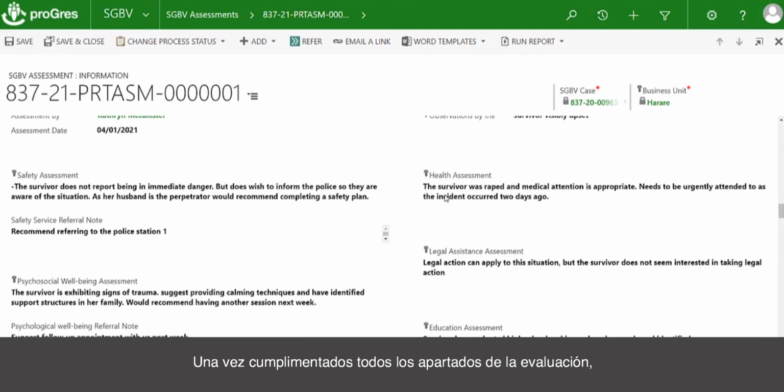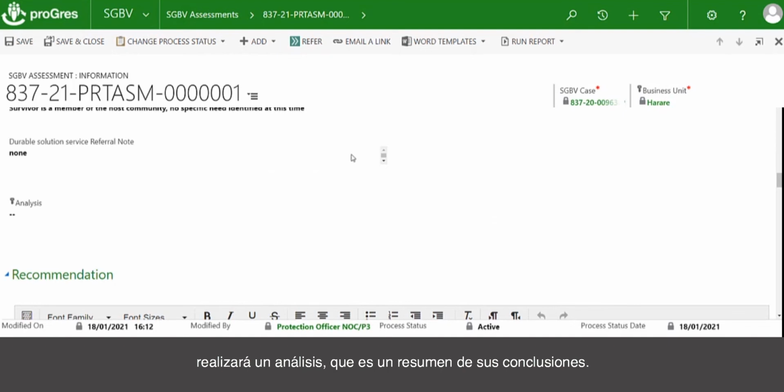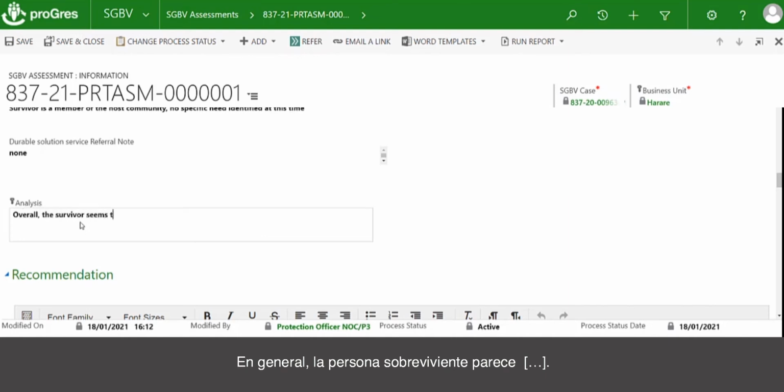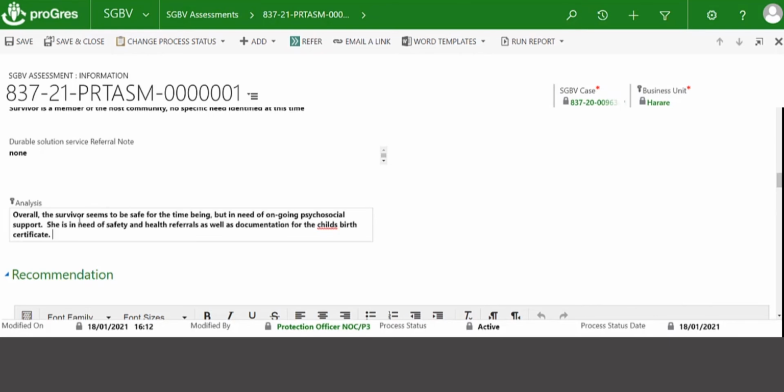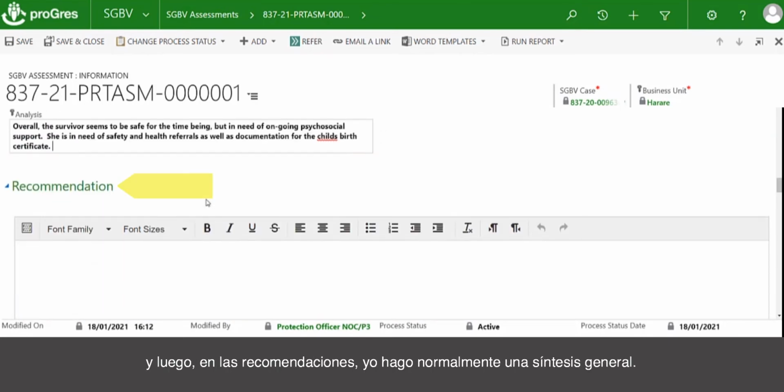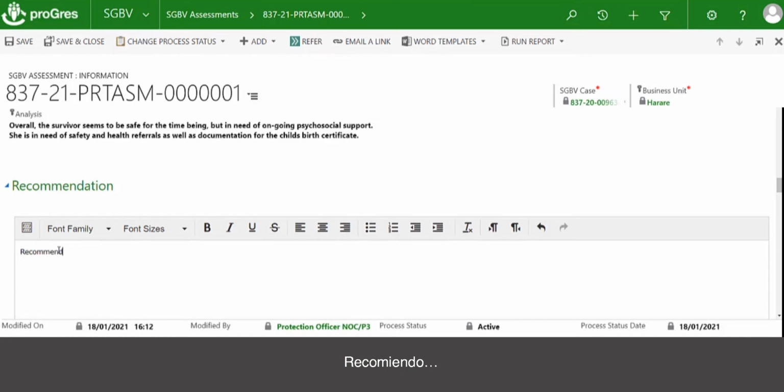So once you've completed each of the assessment areas, you would then do an analysis, which is a summary of your findings. So overall, the survivor seems to be... So in the analysis, you would just give your overall findings from this. And then for your recommendations, what I usually would do is just outline. So recommend